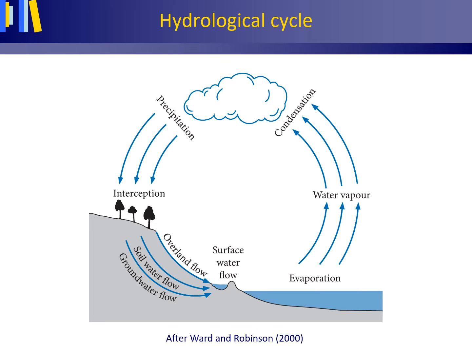Here we have the hydrological cycle, the hydrologische kringloop. This is a picture after Ward and Robinson, their textbook Principles of Hydrology, an excellent textbook, but of a more descriptive nature than my textbook. To the lower right, we see the ocean surface. The ocean surface is heated by the sun, by sun rays. Because of this, the water is heated. The water molecules start to move more quickly. They get more excited.